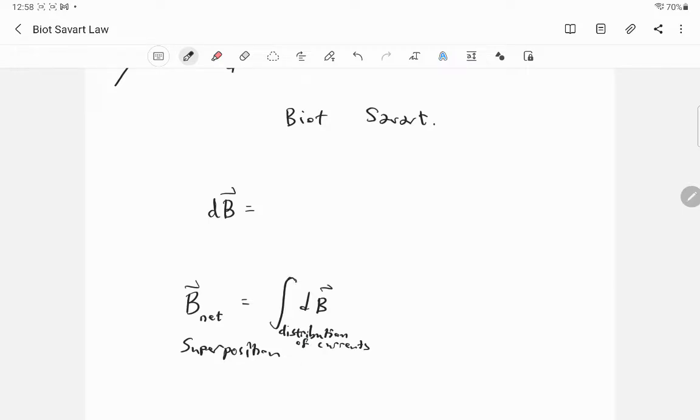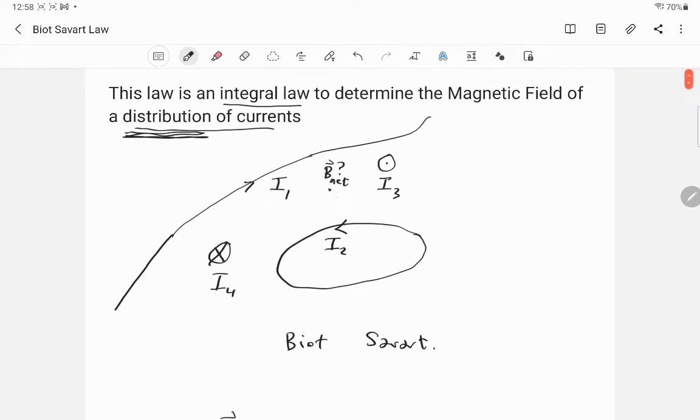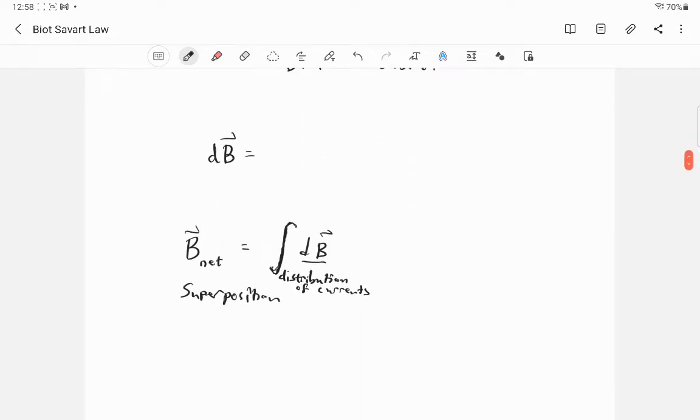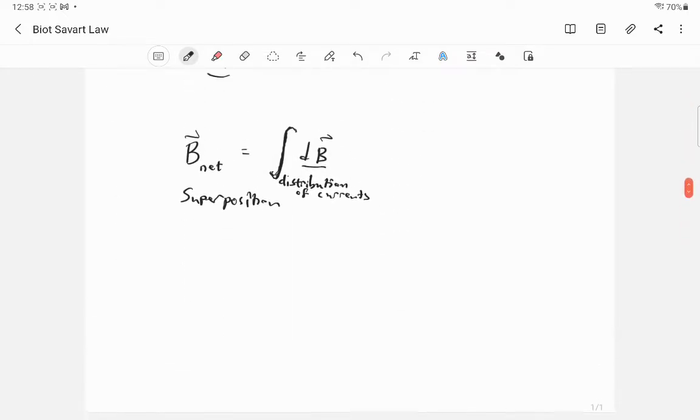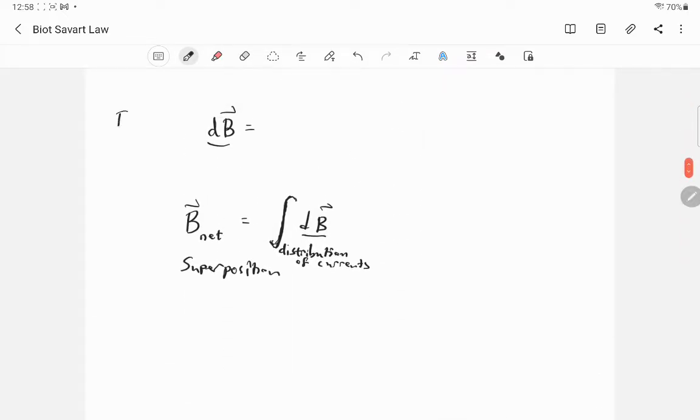That is, we have to do an integral that goes everywhere in space where there is current, and we add up the contribution to the magnetic field at some location. For electric field, I've been calling it a P, a place P or position P. So what is the contribution to the magnetic field at the place P due to the various currents distributed at various other places in space? So Biot-Savart